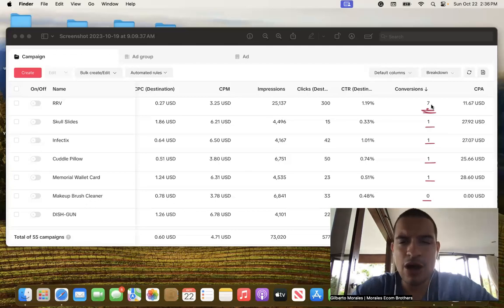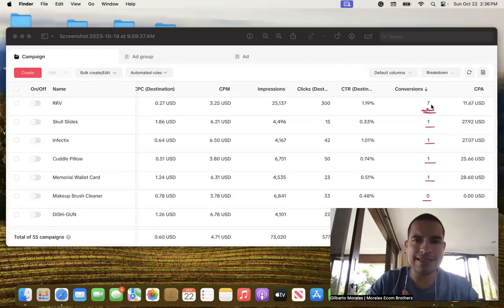Because at the end of the day, people will say, oh, I need to spend more money on ads to make more sales. No, the first thing that you want is to have a product that when you launch your campaign, you spend your $25, you have a few sales. You see in a few days, it's consistent. You're making a few sales here and there, probably one day 7, the other day 10, the other day 15, and you see it is consistent. Then after that, you want to look at your metrics and optimize them and see, okay, perfect, I have a high CPC. Then let me find a better video, or let me create a different type of video